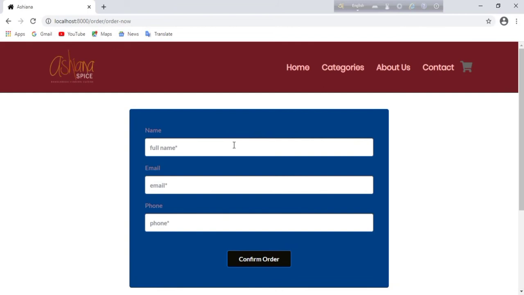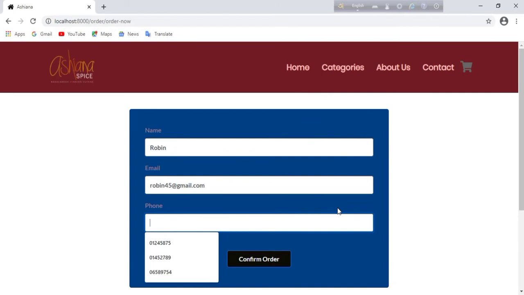Then he can make an order by filling in his information like name, email and phone, and click Confirm Order.